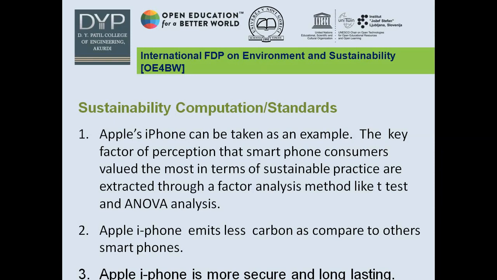We apply this t-test and ANOVA analysis, and the Apple iPhone can be taken as an example. The key factors of perception that smartphone consumers value most in terms of sustainable practice are extracted through a factor analysis method like t-test and analysis. Then the iPhone emits less carbon compared to other smartphones. Also, the Apple iPhone is more secure and long lasting.